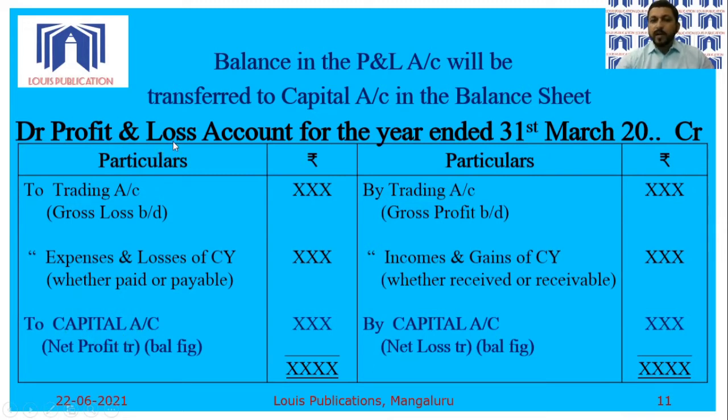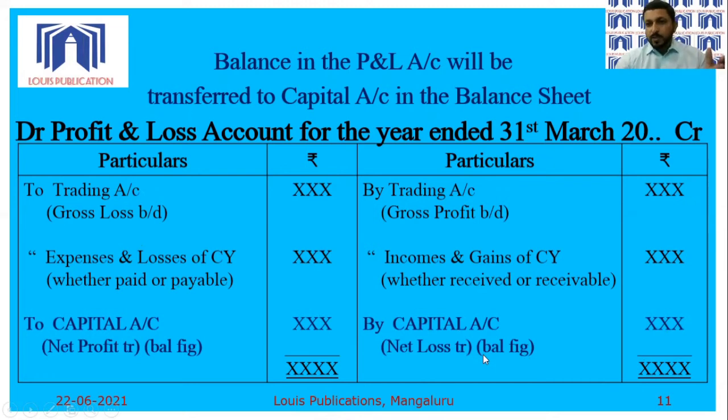So the journal entry for net profit will be profit and loss account debited to capital account. Suppose profit and loss account shows a debit balance, that is, expenses and losses are more than incomes and gains, you will get the balance right here. That balance will also be transferred to capital account. And this would be net loss, because expenses and losses are more than incomes and gains. That's why I get the balance here. So this is net loss, which will be transferred. Now we have seen